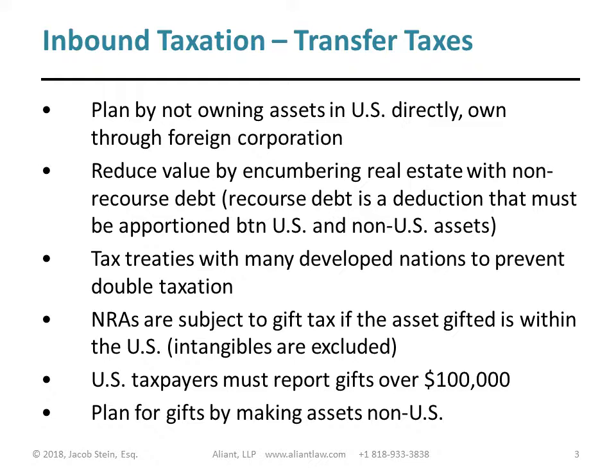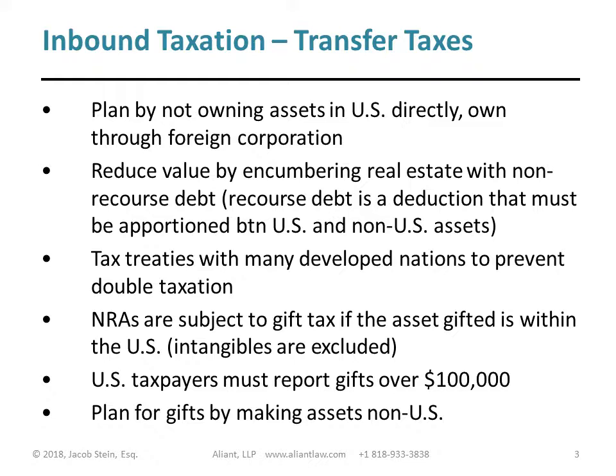So family members want to transfer money to you. How do we do that? Well, it turns out that this is a very simple thing to do. All they need to do is wire you the money. Just wire you the money. And you have to make sure that what they're gifting to you, these foreign relatives, will be a foreign asset. For example, if your foreign relative comes to the United States, sets up a bank account in the United States,